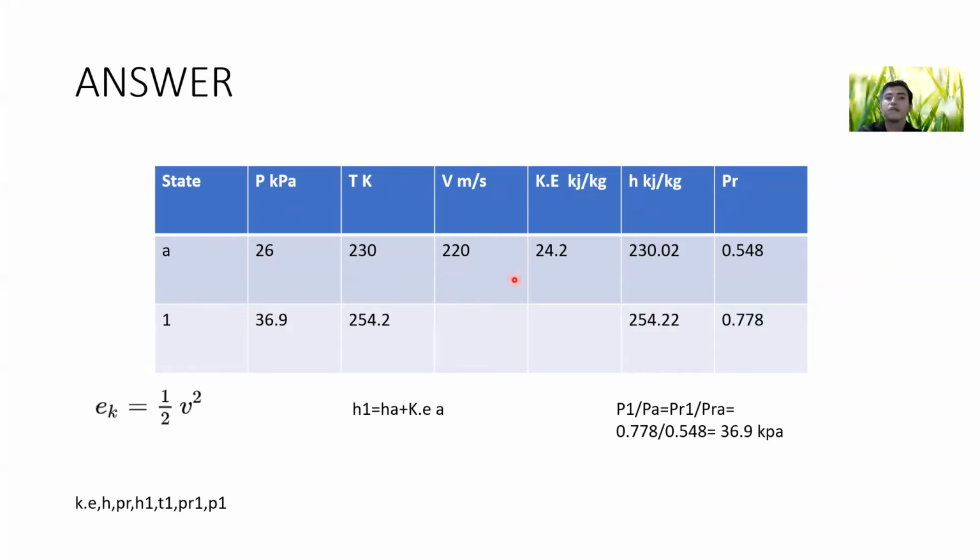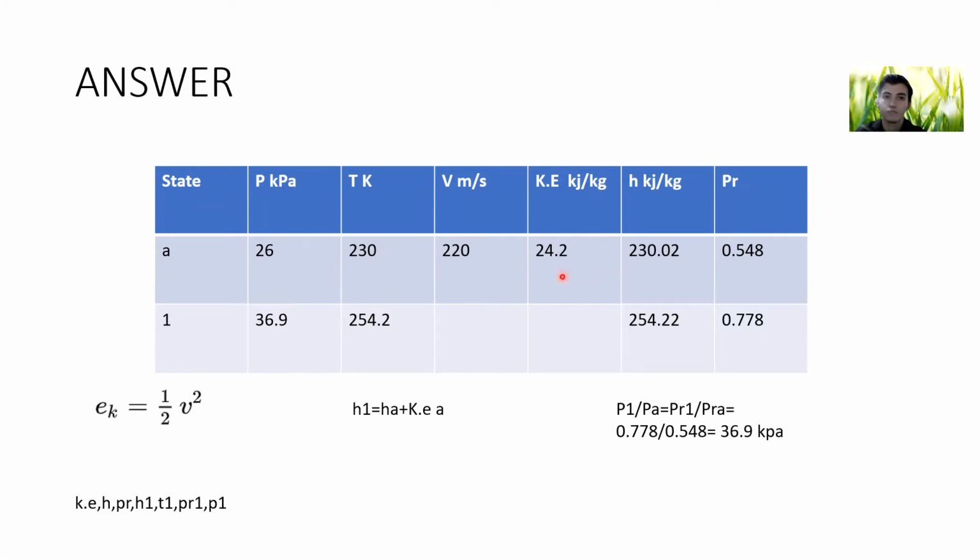So now we're just going to plug in our values, and for now we can get the kinetic energy, 24.2. We already have the equation for the kinetic energy is half v squared, but we have to be very careful because of the conversion factor. It is 1000 meters squared per second squared, and that will be equal to 1 kilojoule per kilogram. So if you didn't do the conversion, it's going to be 24,200, but after the conversion factor,